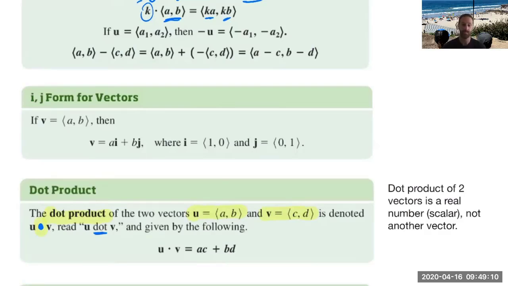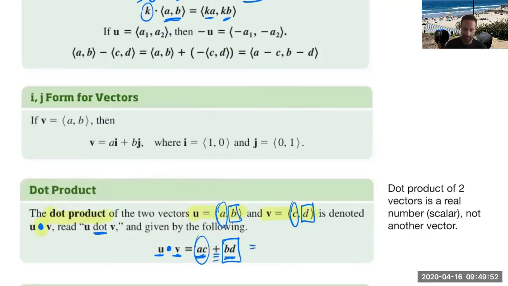And so, just like I mentioned before, whenever we are adding, subtracting, or multiplying by some constant, we could only add, subtract, multiply to like things. So when we are doing the dot product of these two vectors, we are only going to multiply the like terms. So the a and the c first, and then we're going to multiply the other two like terms, our b or y values. And then what happens when we ask us to do the dot product is, when we multiply those two values, we will then take and add